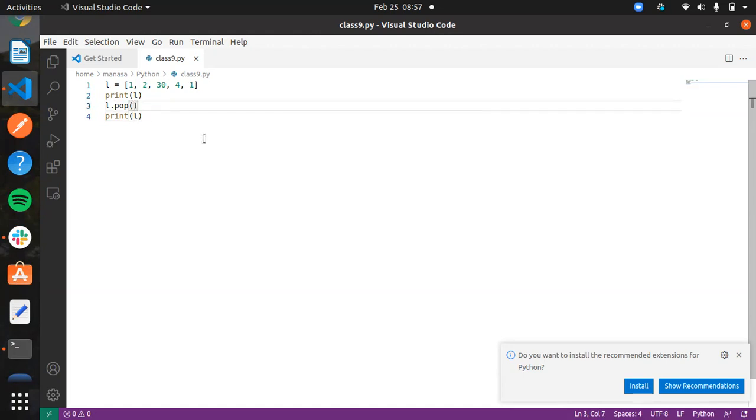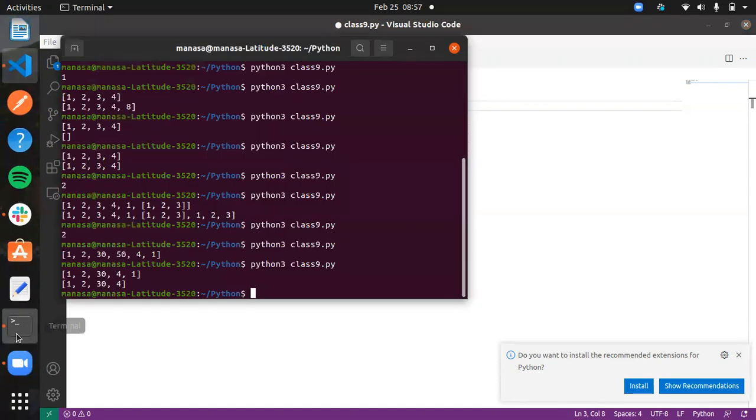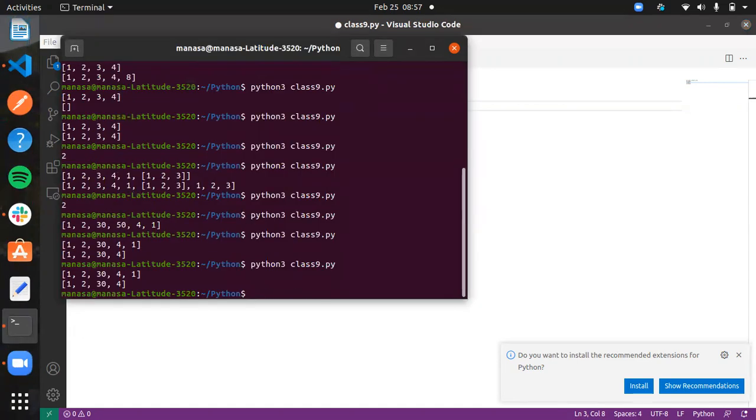Okay, then if you specify the position, now we saw insert, right? In insert, what we are doing, we are going to specify the position and value. So if you want to remove an element based on that position, you can go with pop and you need to specify the position. Here I want to remove 30. 30's position is 2. So I did L dot pop 2. So it's going to remove,